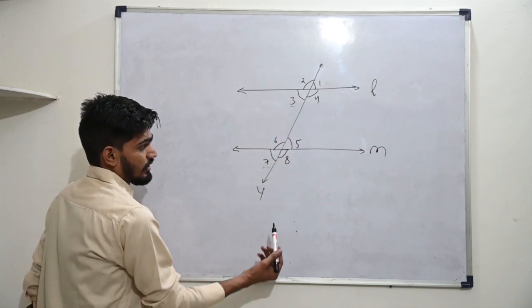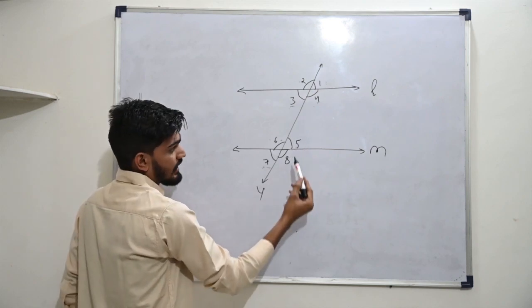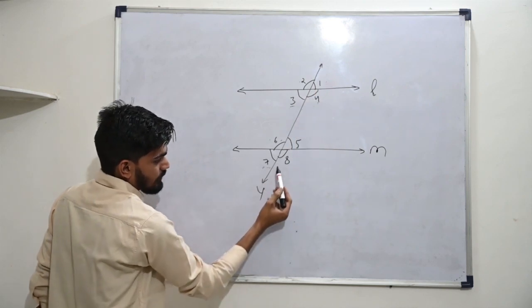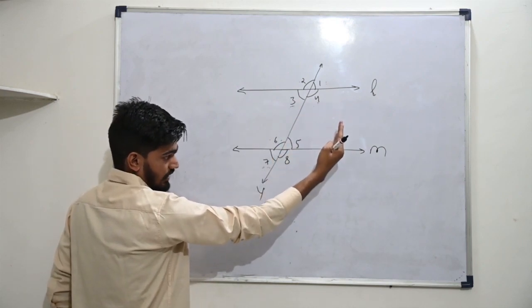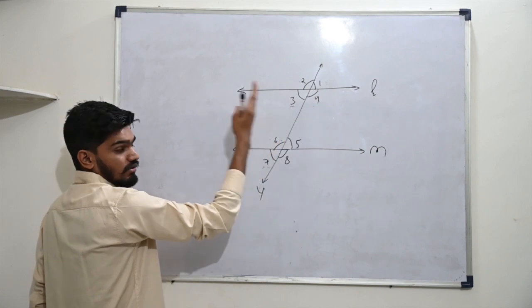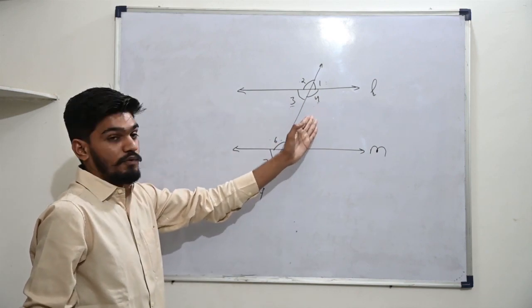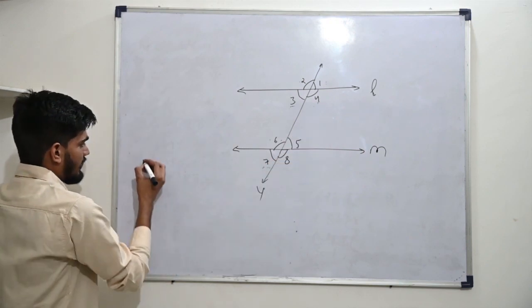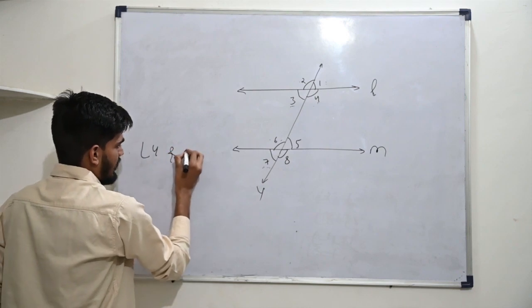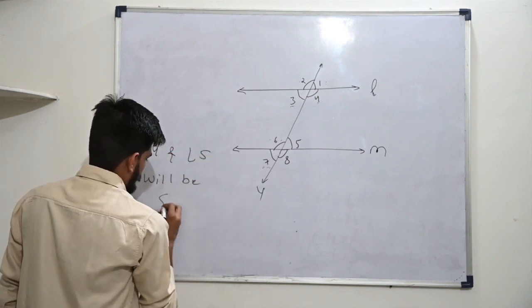Alright, so if you will notice 3, 4, 5, 6, they are interior angles, right? And if you notice this line Y, then 4 and 5 are on one side of the line and angle 3 and 6 are on other side of the line. Such pair of interior angles will be supplementary angles. That means angle 4 and angle 5 will be